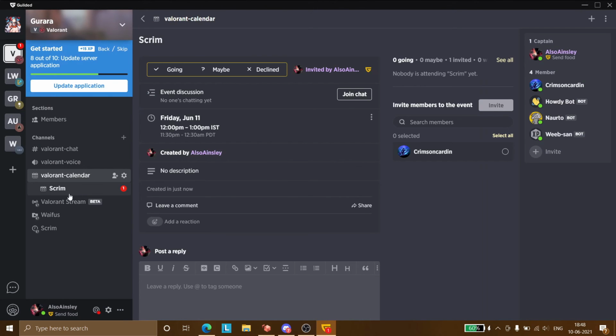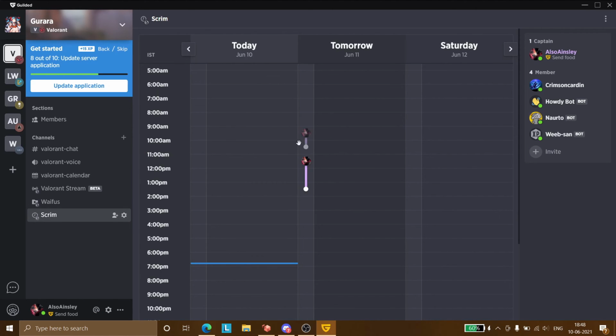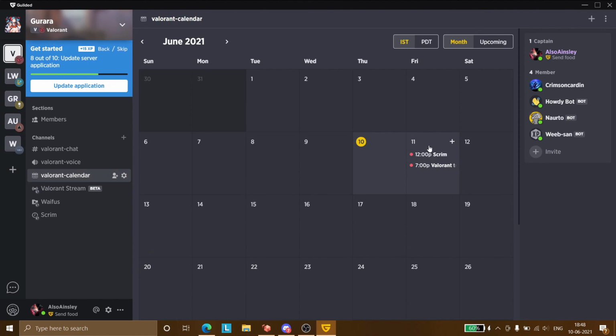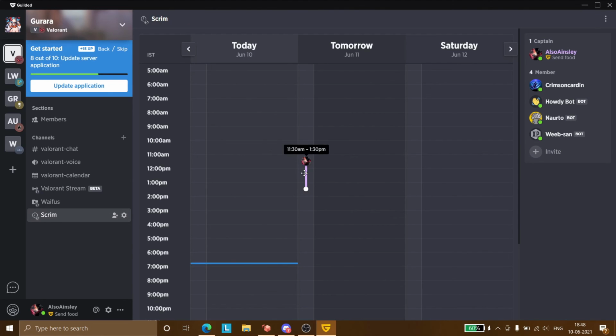It will show up in the Valorant calendar. Like, you don't even need to go to scrim and you can just go to your Valorant calendar and see, okay, at 12 p.m. I have a scrim and at 7 p.m. I have a Valorant tournament. So you can keep track of all these scrims or tournaments that you have through here, and everyone can